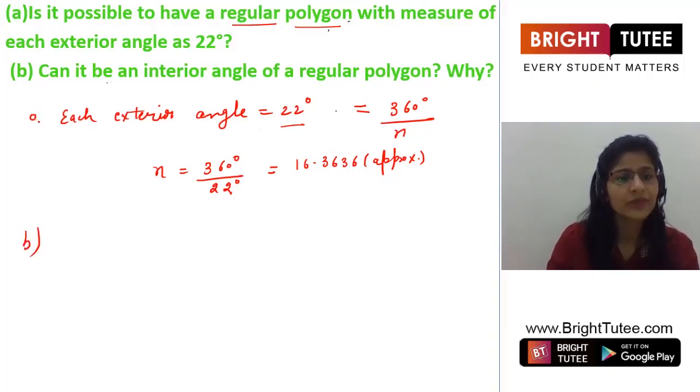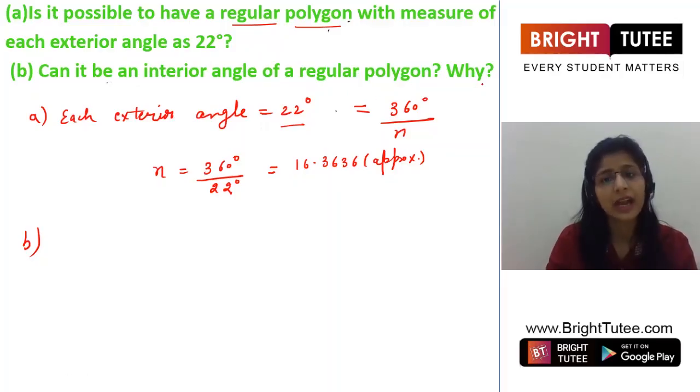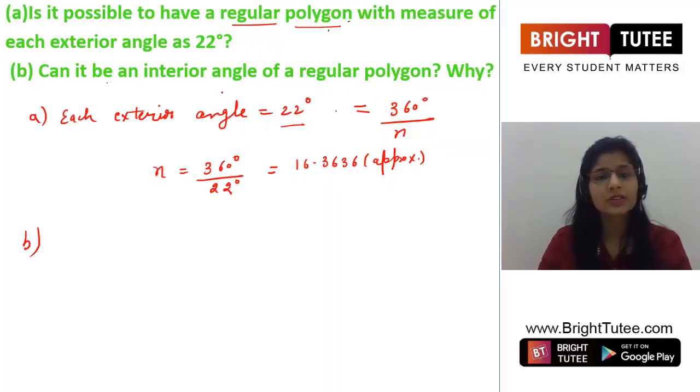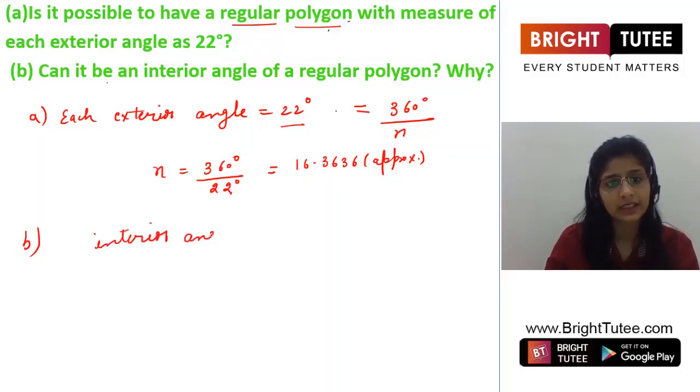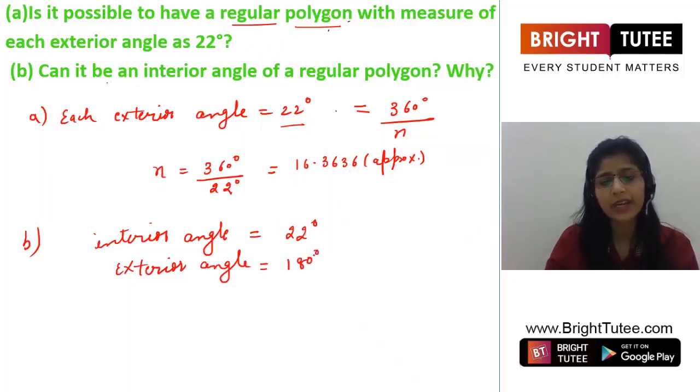In the B part also, they are asking: can it be an interior angle of a regular polygon, and why? What is given? We are given 22 degrees. Can it be an interior angle? Because it is a regular polygon, all the interior angles are going to be equal. So the interior angle is 22 degrees. Then what about the exterior angles? All exterior angles will also be equal, and the exterior angle will be 180 degrees minus 22 degrees,